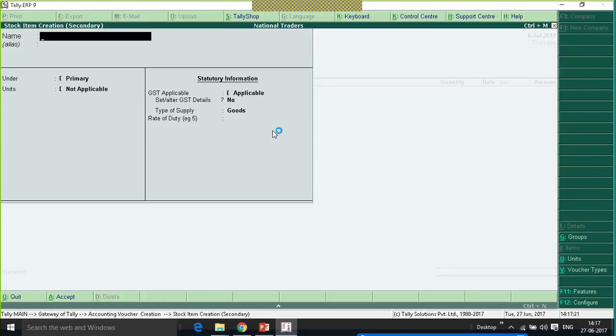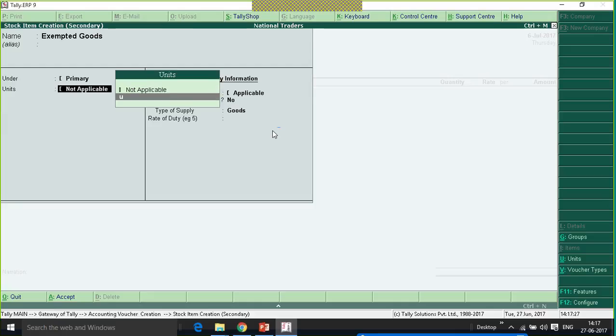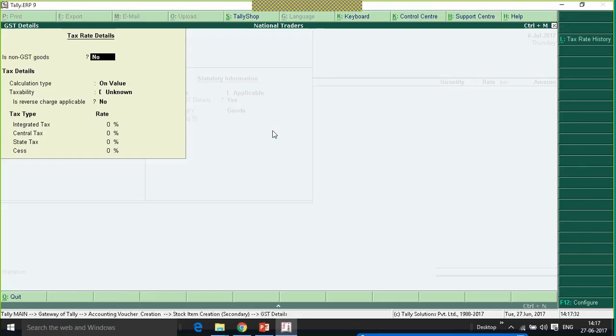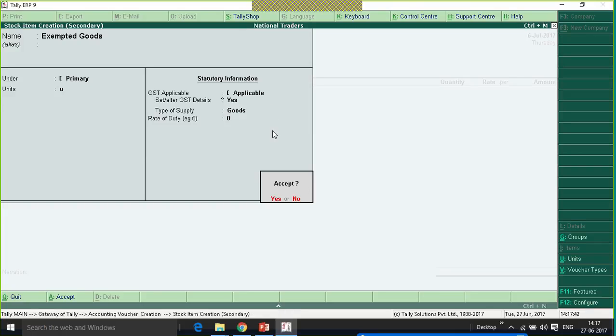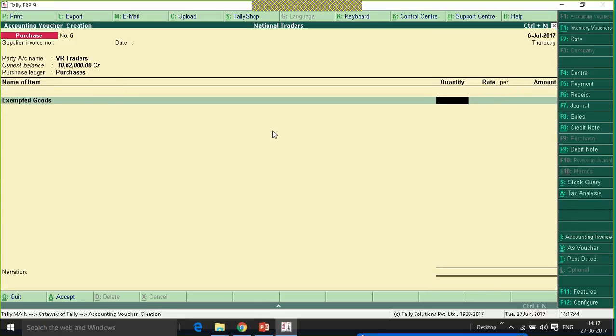Now I will create stock items, one for exempted, and in all the stock items I will set or alter this GST details and select the respective taxability. Since this stock item is exempted by nature, I will select exempt as a taxability and accept the stock item creation.